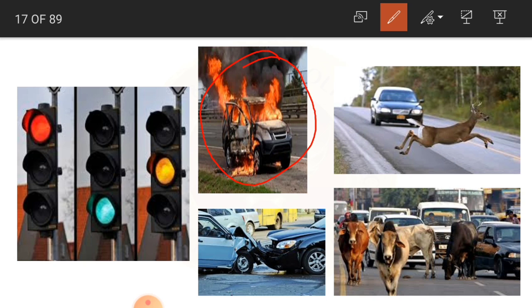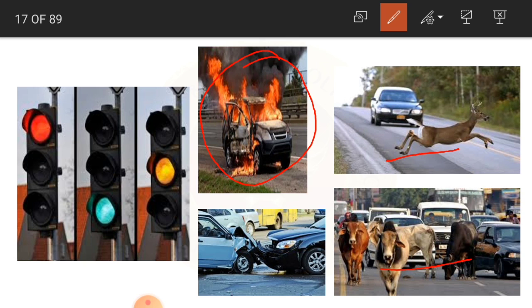And sometimes dogs or some animals are going to cross. You might have observed this very frequently when you are traveling. When you are traveling in a two-wheeler or a four-wheeler on a road, suddenly you see a dog or a cat or any animal which tries to cross the road. Then what you have to do?